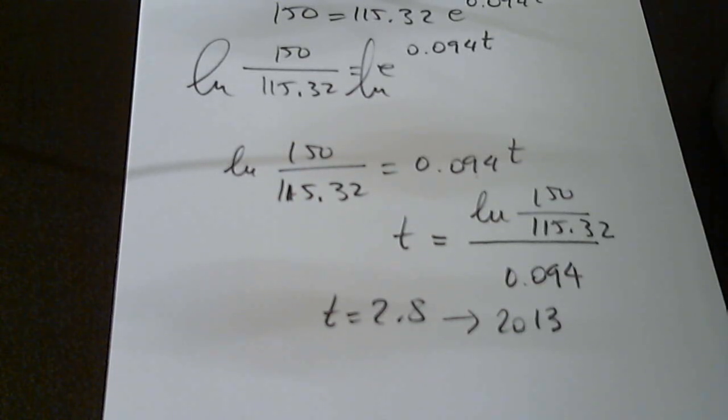Okay, final question here. Where am I? Here. When will the value of exports be double their value in 2011? This is the 2011 value, because when t is 0, this quantity is 1. So this is the initial value in 2011. So when will it double? Okay, so we've done this before with the doubling situation. So in part C,